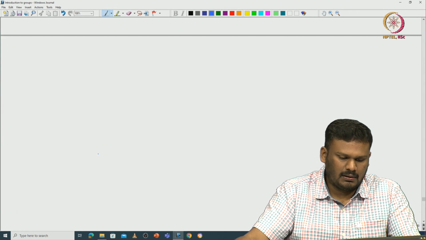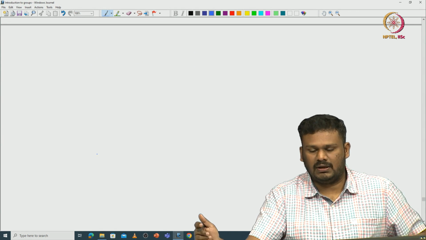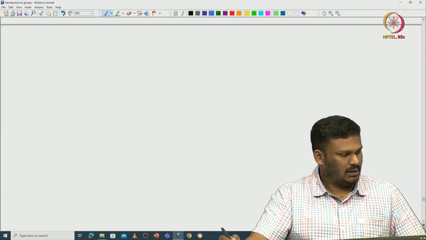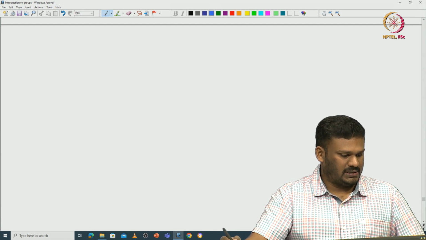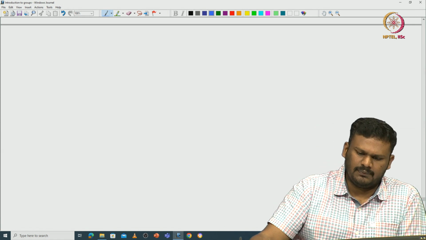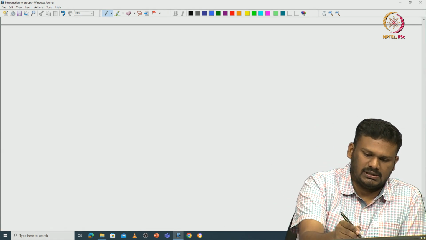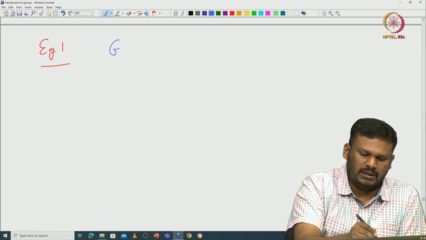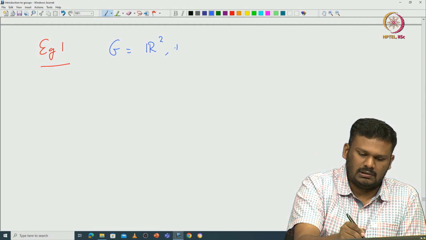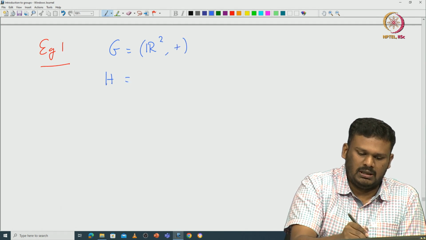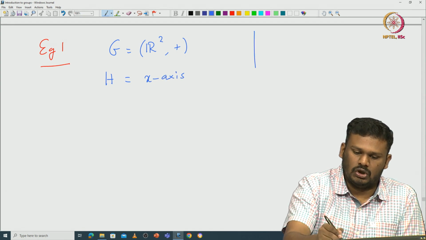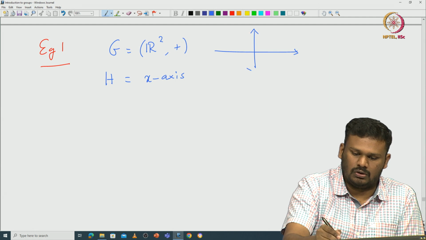So, if we think about it, we have seen many examples. Let us work out all those examples and see what this means in our examples. Okay. For example, this is example 1. We took G to be R2 under addition, and then H to be your x axis. Okay. So that is the geometric example that we saw. So this is R2 and this is our H.